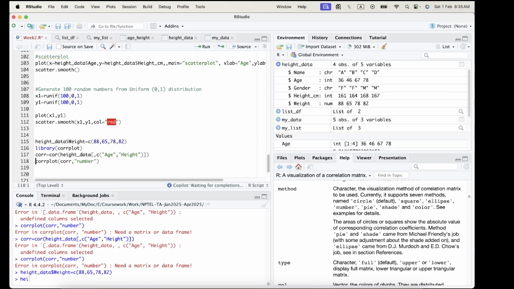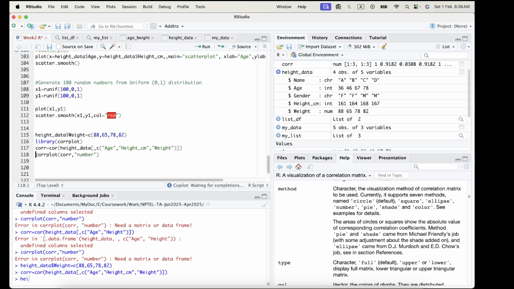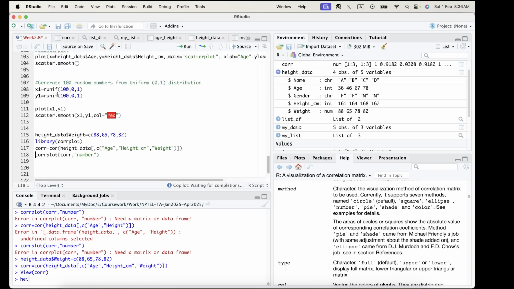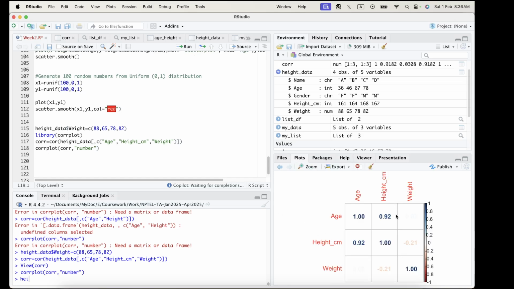Okay, and then I have correlation of height data between age, height, and weight. Okay, so then this is my correlation matrix,